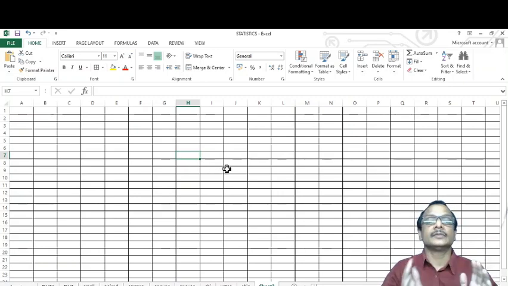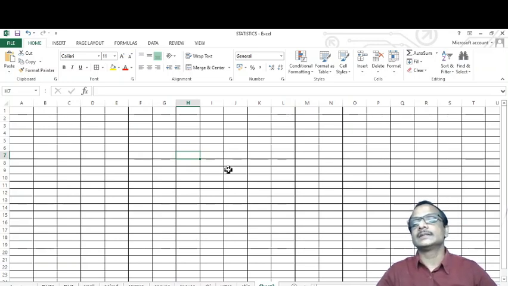Microsoft Excel is very similar to any other spreadsheets like OpenOffice Calc or Google Sheets or even WPS Office sheets. Several sheets have the same structure, but I would like to explain this because it is easy for me. But my request, don't go for any pirated software. Use original software. If you have no licensed software of MS Office, go for OpenOffice Calc or Google Spreadsheets.